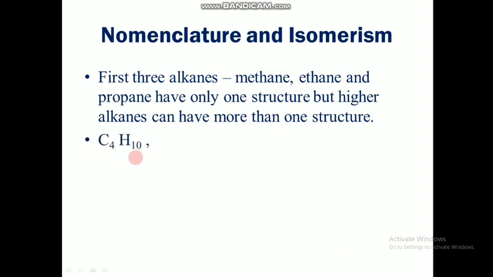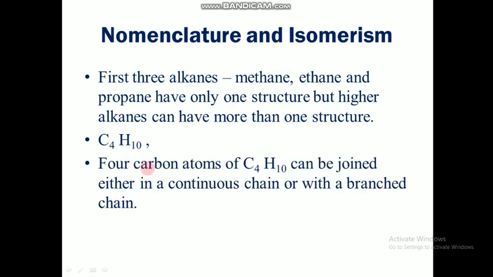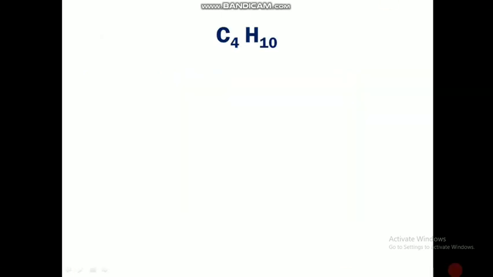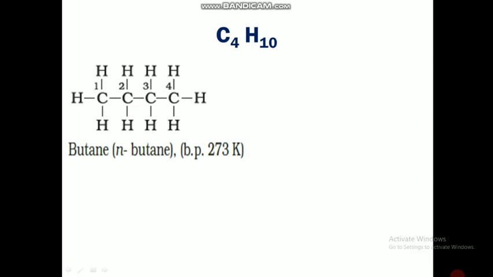For example, we are taking C4H10, which has 4 carbons, which is butane. The 4 carbon atoms of C4H10 can be joined either in a continuous chain or with a branched chain. We will see how it is done. So for C4H10, butane, the first structure will be like this. In the straight chain, the normal butane is written in a straight chain. C1, C2, C3 and C4 are written in a straight chain, and if you count the hydrogens, 1, 2, 3, 4, 5, 6, 7, 8, 9 and 10. So the formula is correct here,